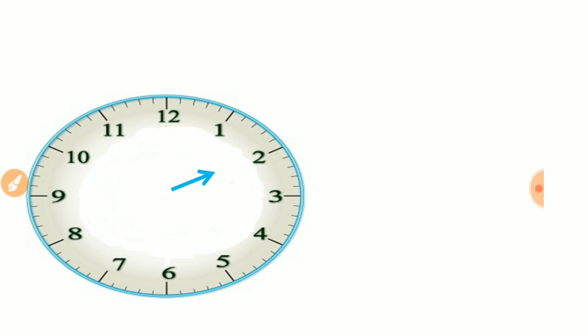So if the time is 2 o'clock, it looks like this, and the minute hand will slowly move from 12 to 1, then 1 to 2, then 2 to 3, then 3 to 4, like that. So when the minute hand is moving from 12 to 4, definitely the hour hand will also move accordingly. Because the minute hand and hour hand are connected to each other, if the minute hand is moving from 12 to 4, that means